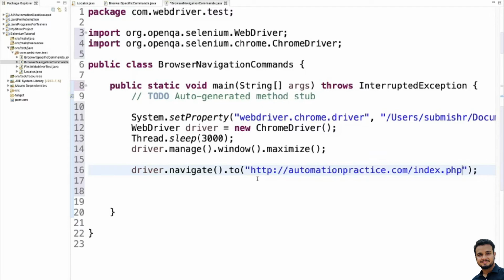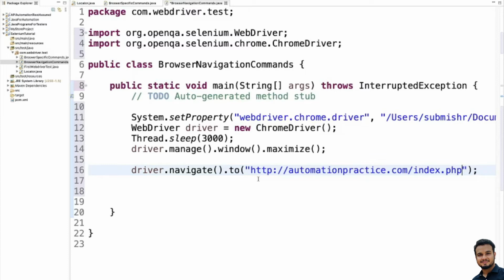One more thing. Maybe there will be a question in your mind: what is the difference between get and navigate? You can use both, there is not much difference. You can use driver.get or driver.navigate.to. The only thing is, the get method is responsible for loading the page and it will wait until the page has finished loading, whereas the navigate function is only responsible for redirecting the page and then returning immediately.